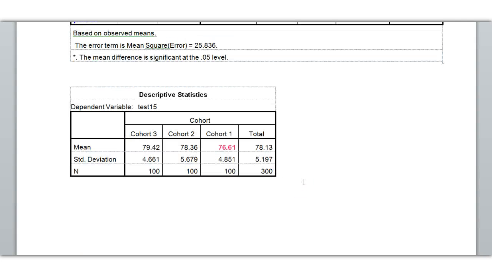Again, you would only do a post hoc test when you find a statistically significant difference. If you do not find a statistically significant difference, do not do a post hoc test. And if you find that your grouping variable is only 2 levels, of course it makes no sense to run a post hoc test because you already know where the difference lies. Okay,